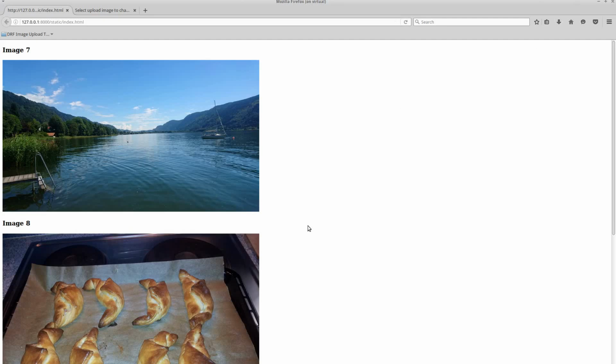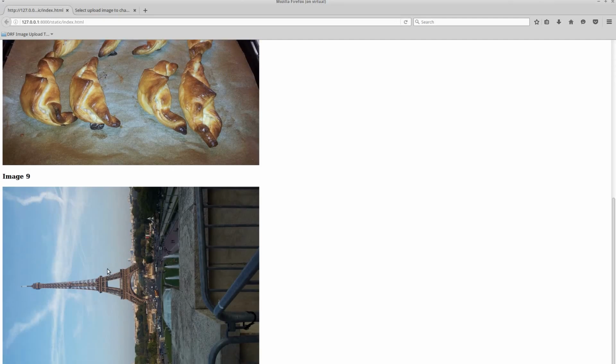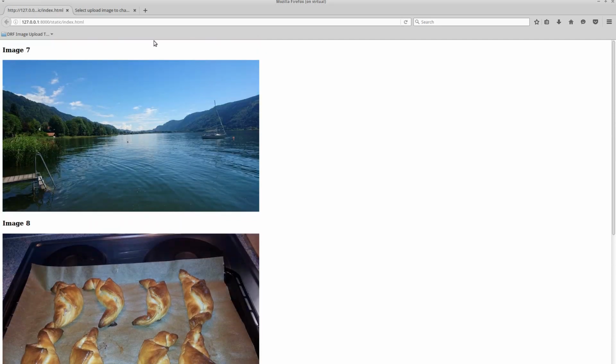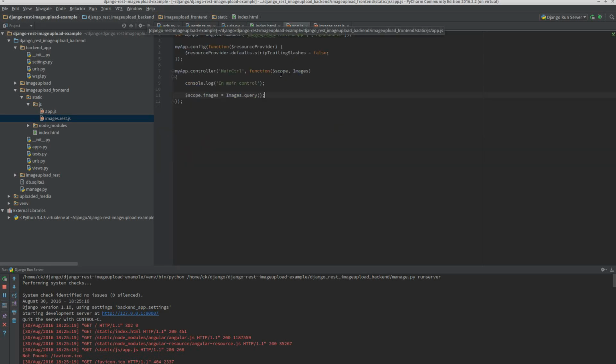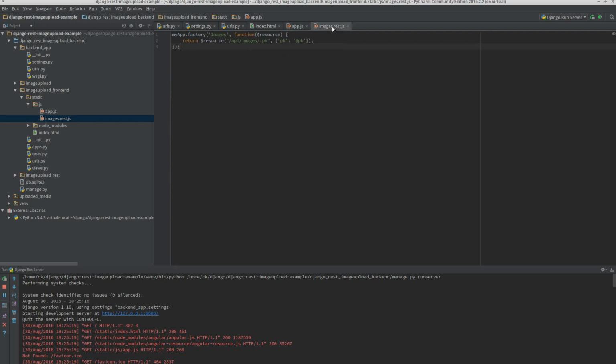Alright, we just made this little page where we can view our images. Now it's time to upload an image. To upload an image should be as easy as just creating a button in index.html and making a method that's called when you press the button, which will call the REST API endpoint and upload the image. Unfortunately, the way we have our Django REST API configured right now, the image upload will take a little